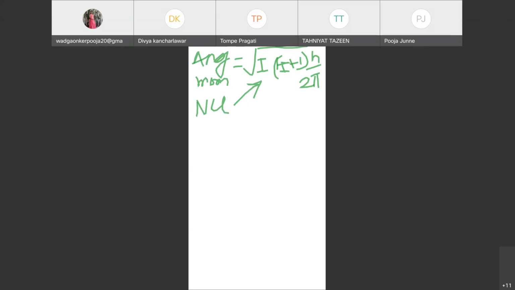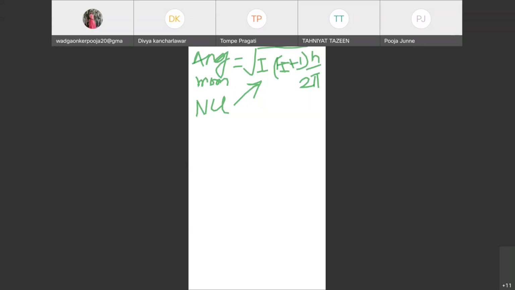Now, as I have told you in the previous class, whatever this I value is for your nucleus, it can be different from your spin quantum number value. Whenever you are going towards the spin quantum number value